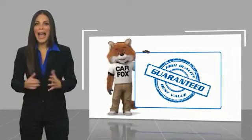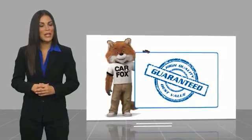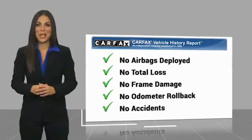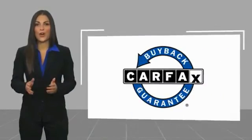Here's another high-quality vehicle with a Carfax Vehicle History Report. Be sure to find a complimentary copy of this report online or contact the dealership. This vehicle qualifies for the Carfax